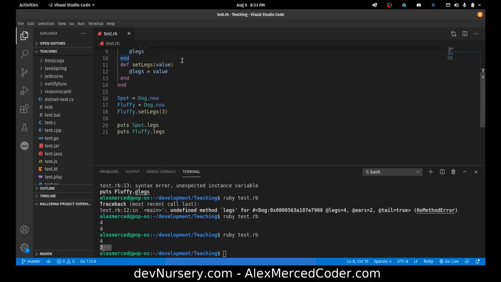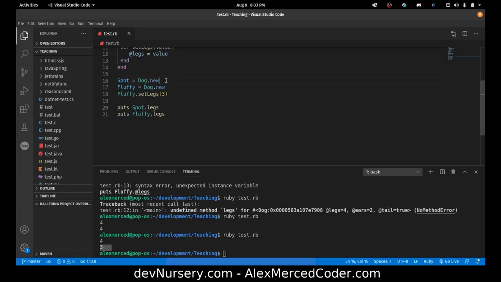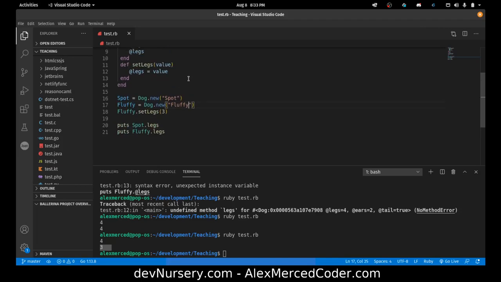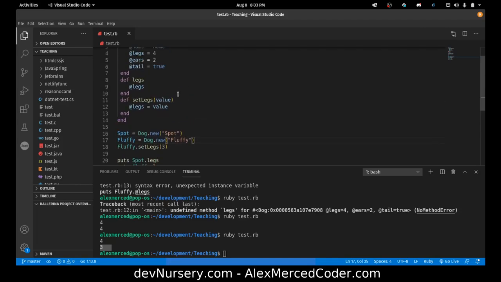So now I can specify a name for these dogs. So Dog.new, and this one's Spot. And this one is going to be Fluffy. Now let's get Fluffy's name. Okay, but we need a getter for Fluffy's name. So def name